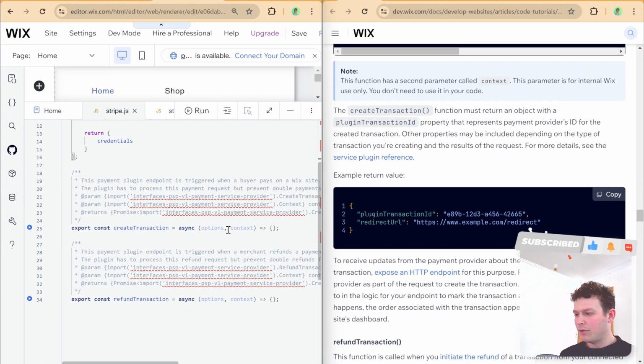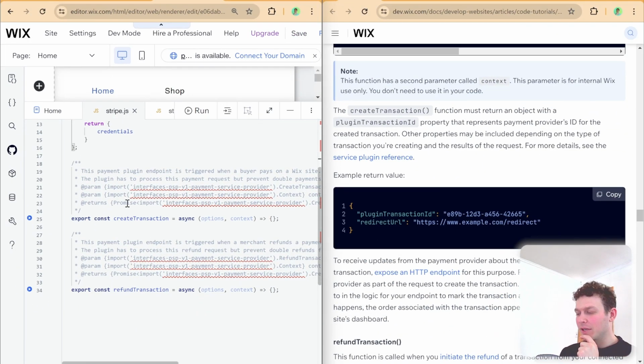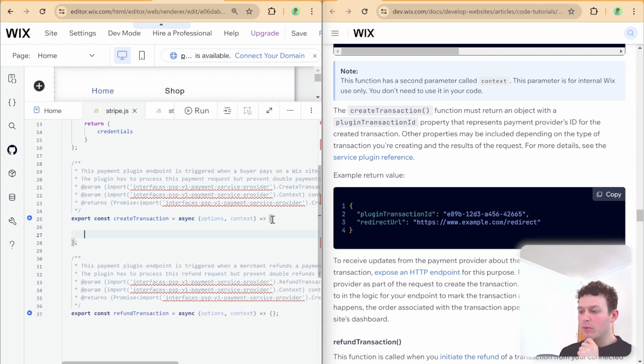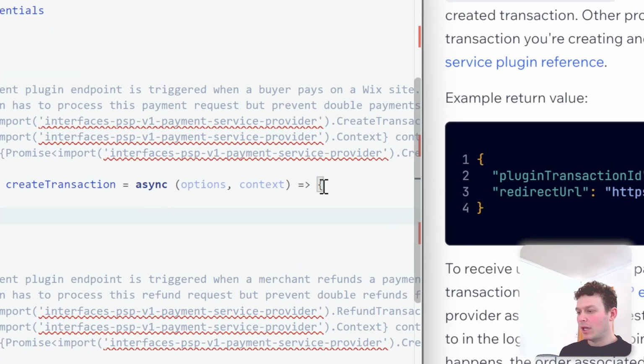Okay, so now that we've set up the Stripe connection, we saw that it's working essentially. Let's head back to our Stripe.js, the one inside the SPI, not the backend that we were in before, and take a look at this create transaction function. So essentially here, we're going to want to do a few things. We're going to want to get these options, and extract the line items from those options. So first I'm going to do